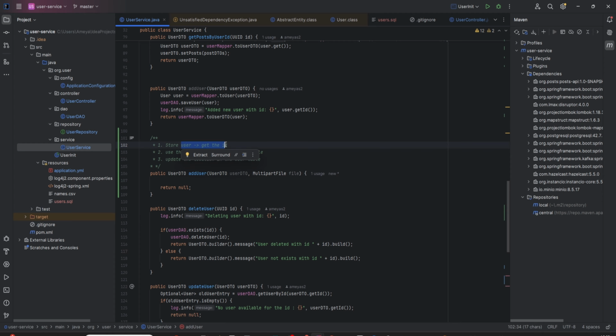Storing the user information and storing the file can be done asynchronously by the server, and the location can be updated as part of storing the user information because the ID is already being generated and the name of the file will be available with this multi-part file, as we have seen. So